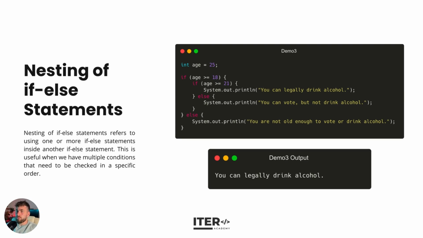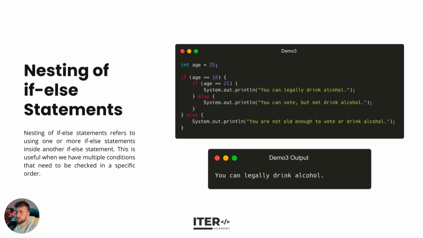In this example, we first check if the person's age is greater than or equal to 18. If it is, we then check if the person's age is greater than or equal to 21. If it is, we print out that the person can legally drink alcohol. If not, we print out that the person can vote but not drink alcohol. If the person's age is less than 18, we print out that the person is not old enough to vote